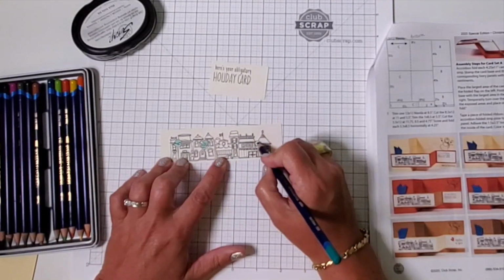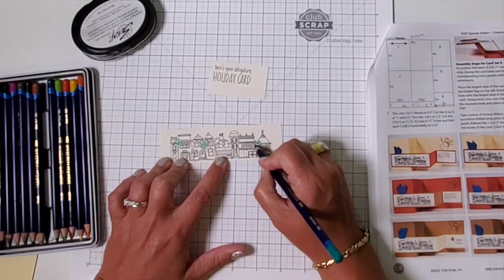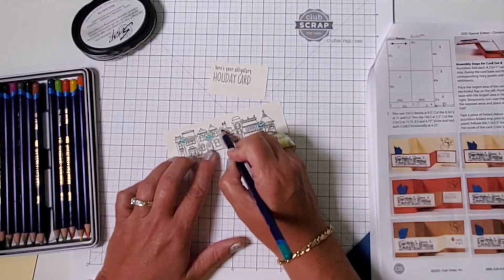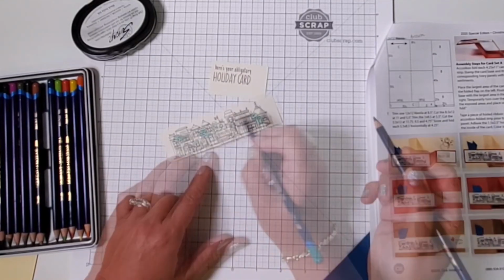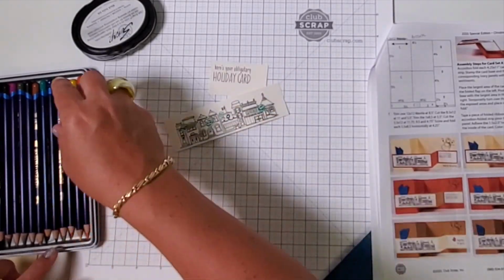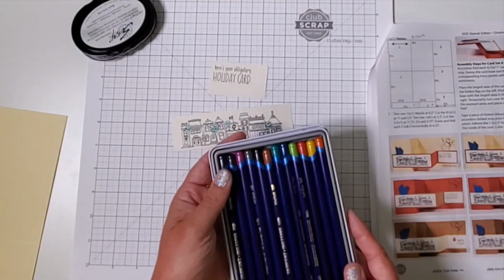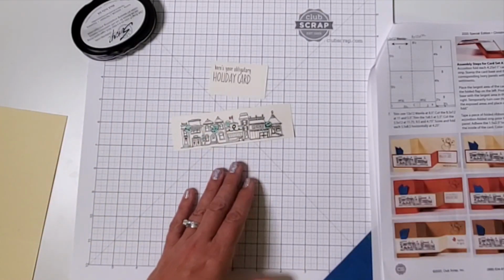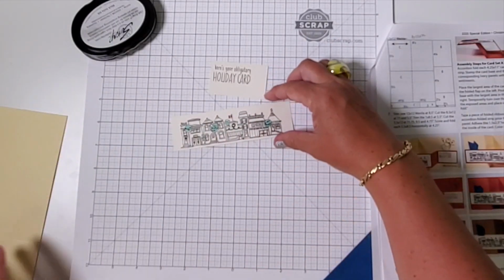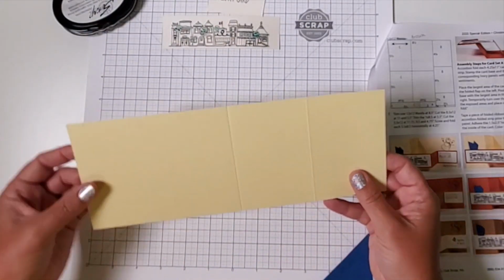You can go all out and maybe work on this at night. Instead of your adult coloring books, you can maybe give this a whirl. It's totally up to you. Or you could just leave it all in black and white, which I've done a bunch of those as well. I'm sure you could think of all kinds of fun things to do with the coloring on this, but that's where we're going to leave it. And if you have glitter, or fake snow, whatever, just think about fun ways you can utilize that. And now I just have a little bit more stamping to do, but first